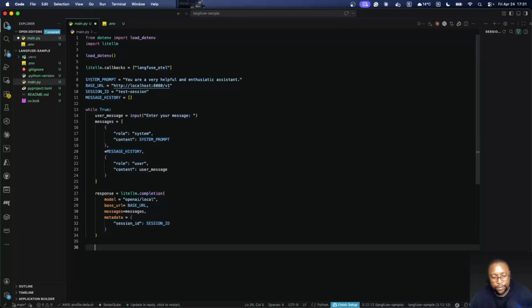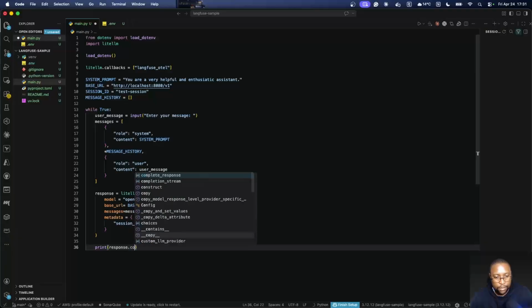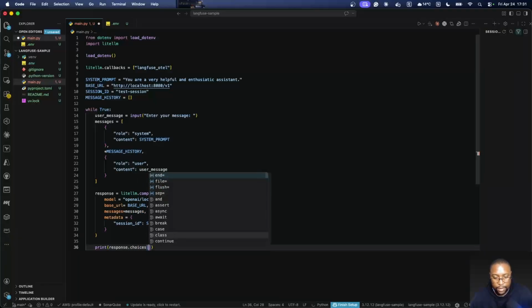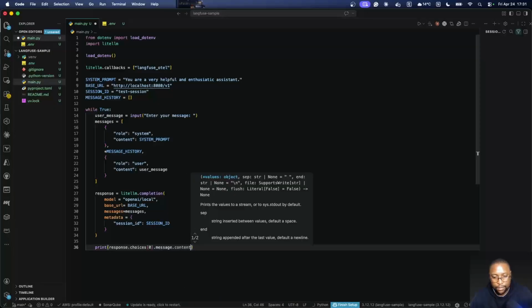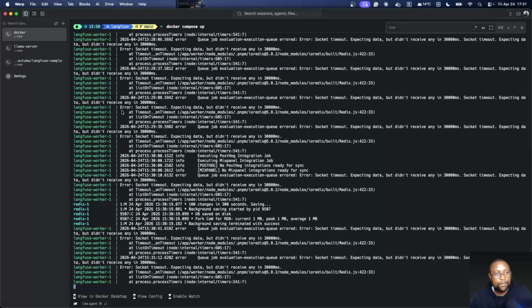Now, what we are going to do is print a response. Choices. It's an array, so we get the first choice. And we get the message from there and print the content. Okay. Fingers crossed we have done all we need to do to get that working. So let's get there and uv run main,